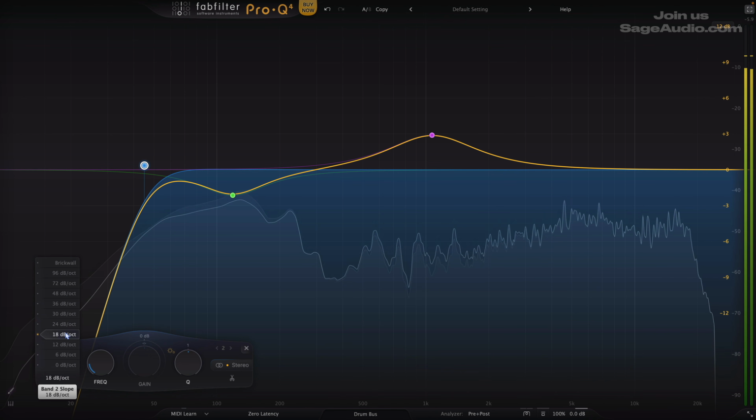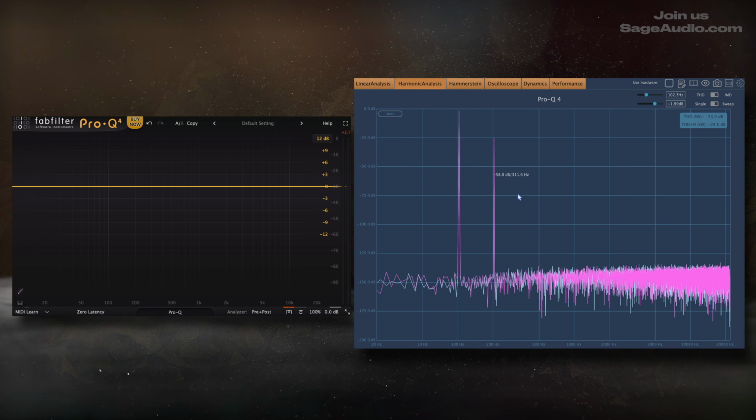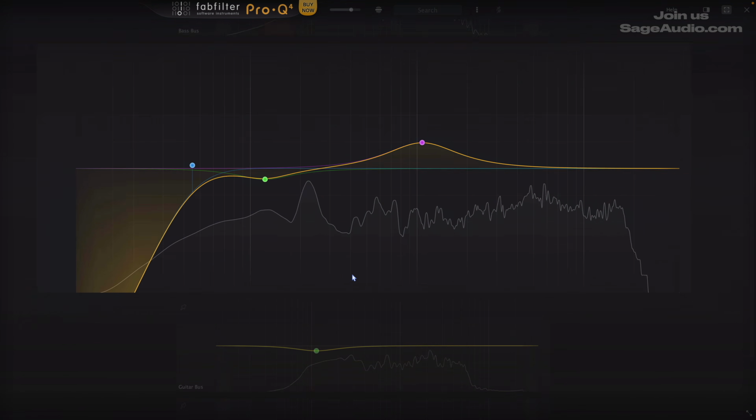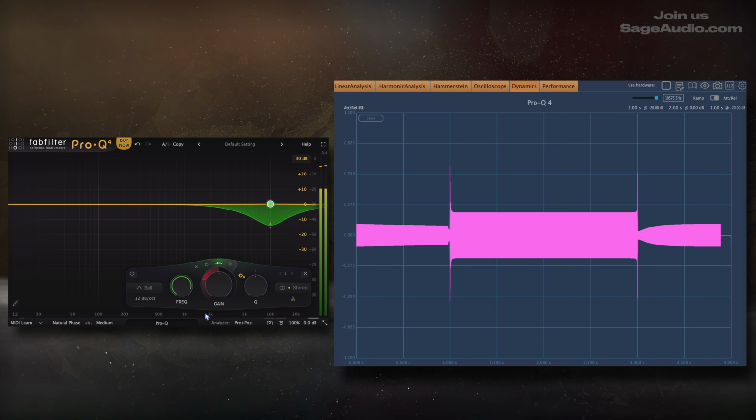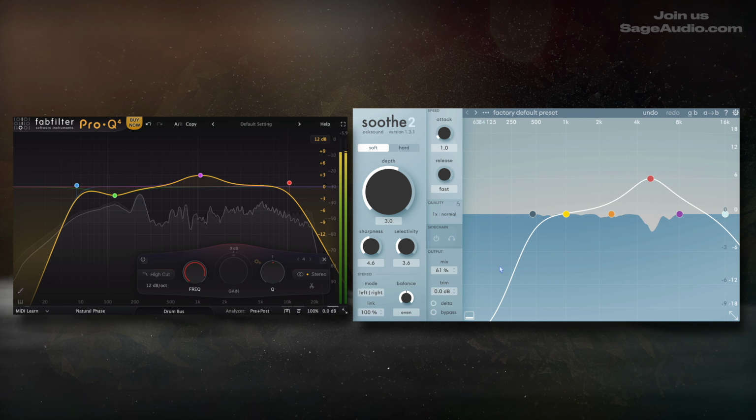The Pro-Q4 is here and there's reason to be excited. The Pro-Q3 is probably the most used plugin for most engineers today, and while the Pro-Q4 is a step up in many ways, some features concern me and in my opinion represent a trend in audio that's more harmful than